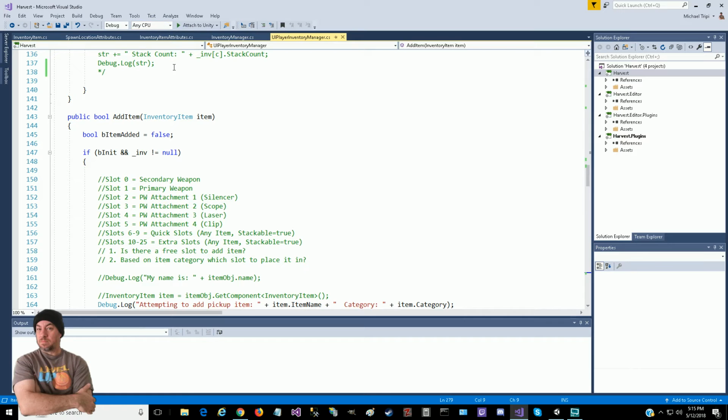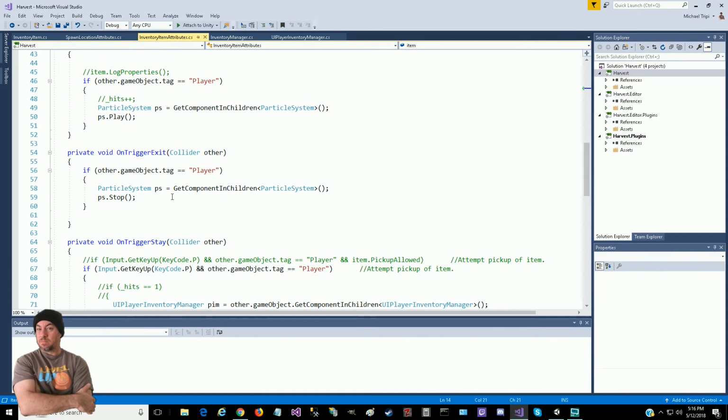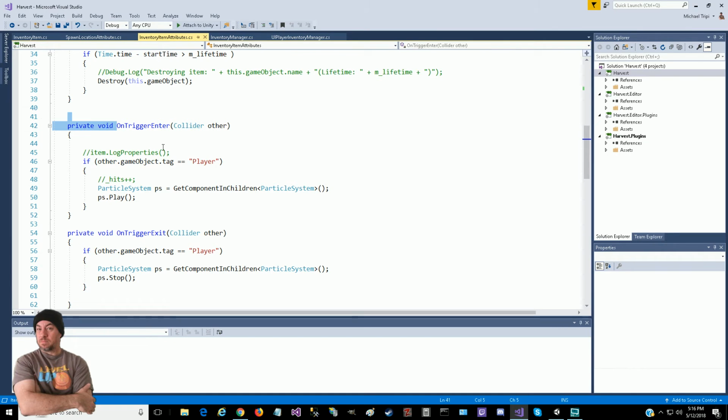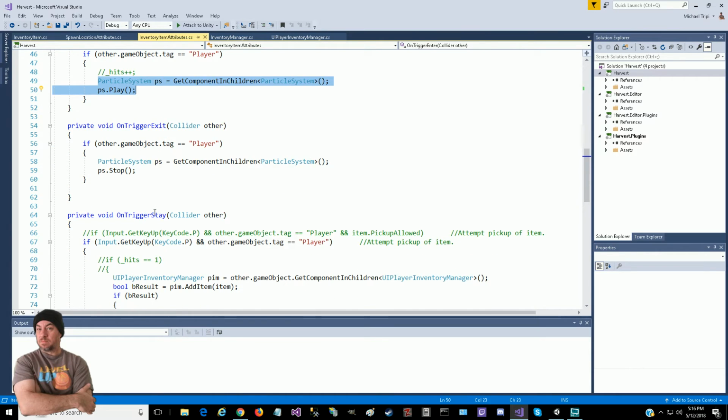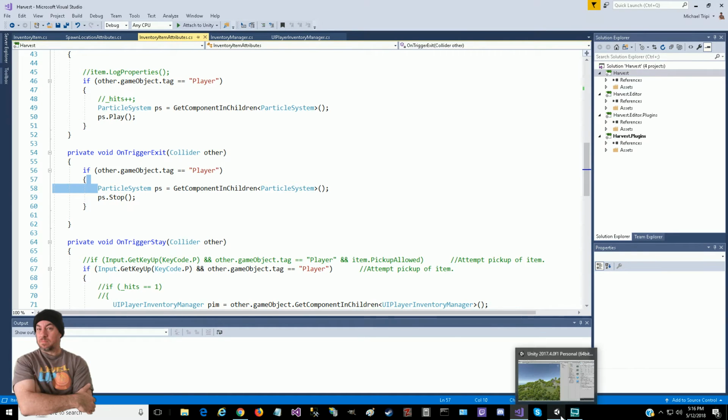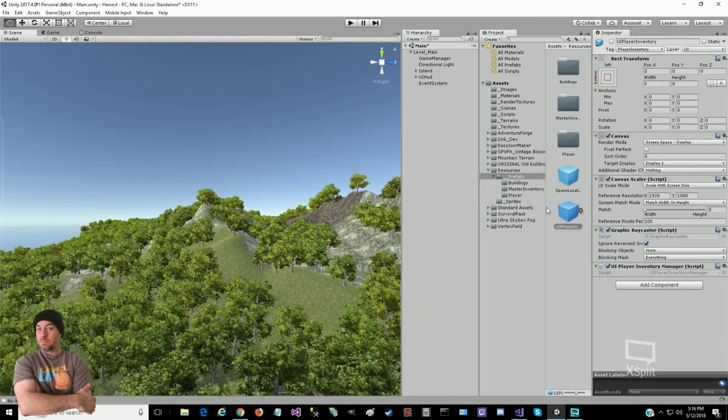So let's go back to the inventory item, and that's kind of where it happens. We've got this OnTriggerEnter. We display the particle system glow. We turn that on, and on exit we stop it. This gets a reference to the particle system that's been attached. If we go to the item,